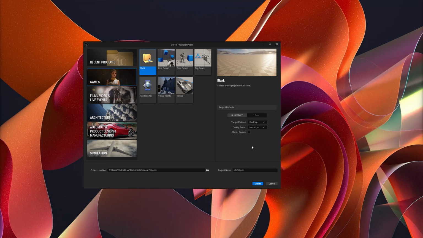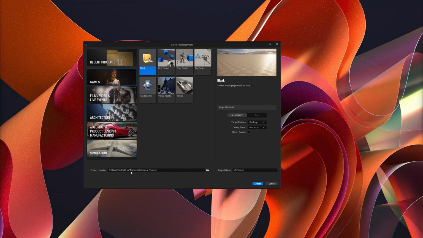The only thing that you might want to do is have a starter content. A starter content is a collection of assets, materials, and textures that you can add to your project that give you a starting point to start building something in Unreal. They are useful, actually, if you want to have a lot of textures for landscape and stuff like that. There's some of this available. We're not going to be using them, and you also can always add this after the fact. So I'm just going to opt to have this unchecked for now.